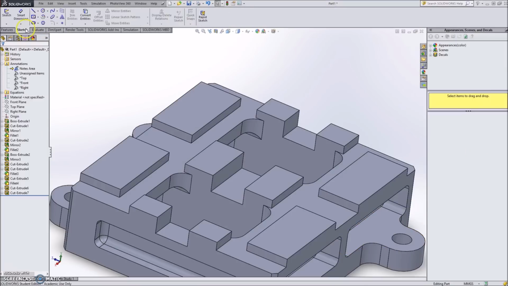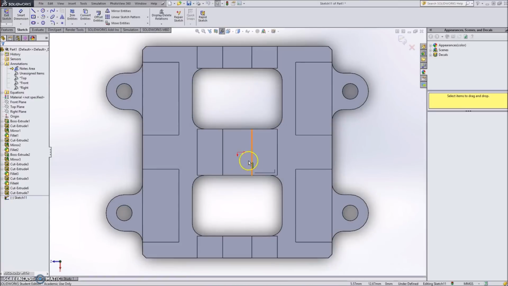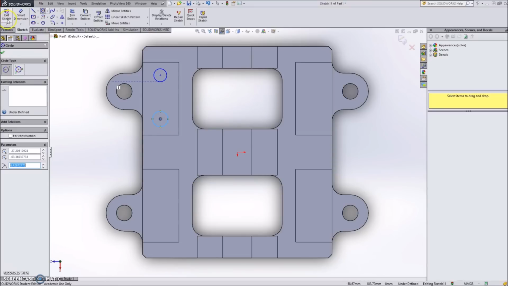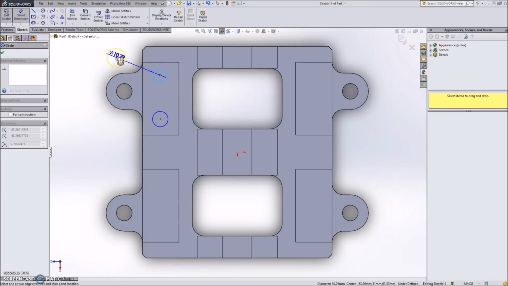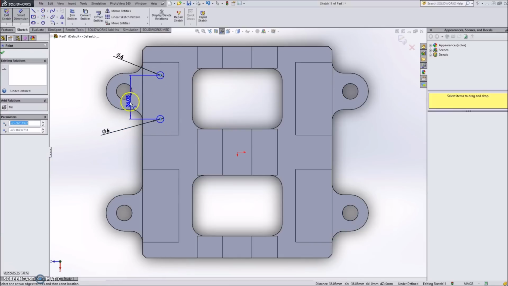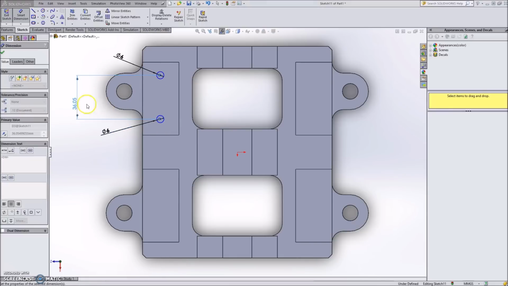So we will create a sketch on the top plane. That was actually on the incorrect plane, so let's exit that. Do a sketch here once again. Go to a top view, and we can go ahead and lay out our two circles here. And these circles are going to be 6 millimeters in diameter. They were 36 millimeters apart,